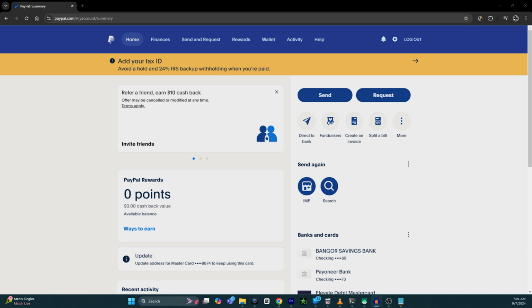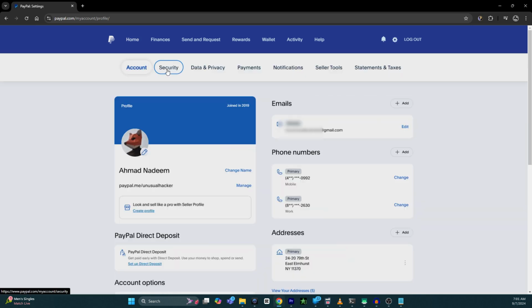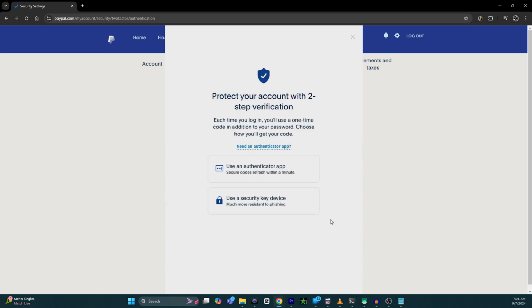First of all, open your PayPal and log in to your PayPal account. And after that, you have to click on the gear or the settings icon on the top right corner. And then you have to go to the security. Click on it. From here, you have to select the option called two-step verification. Click on setup. From here, it will show you two options: use an Authenticator app or use a security key